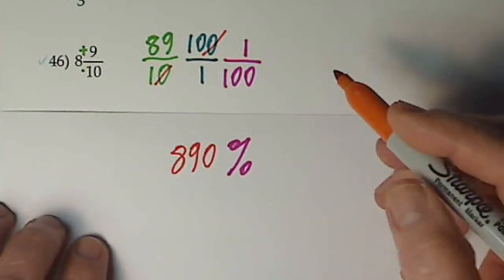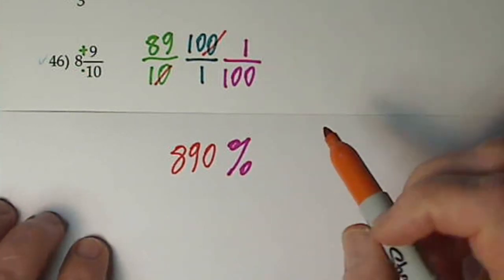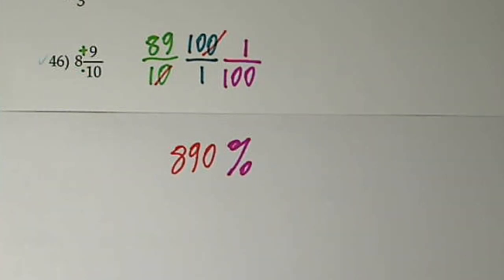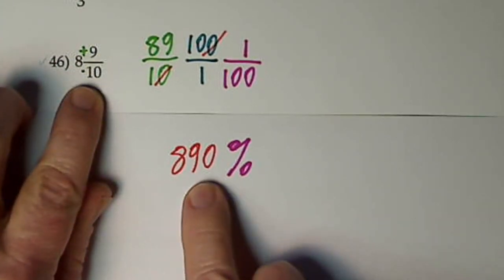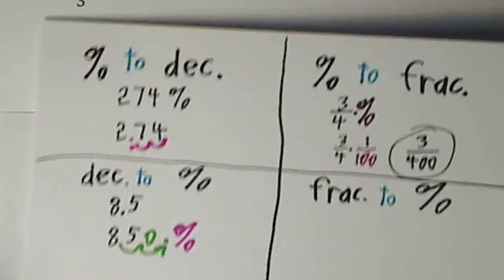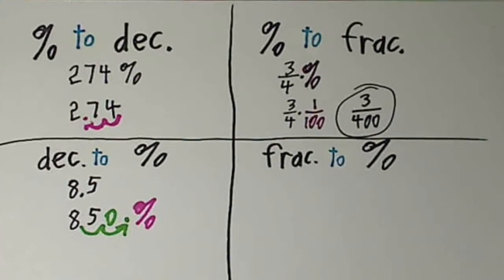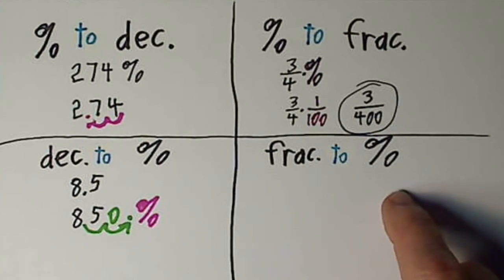Sometimes you're actually going to want to, I'll leave it at that. Okay, so let me summarize that. Again, I want to emphasize 8 9/10 is the exact same amount of stuff as what you're seeing right here, 890%. It just sure looks a lot different. Okay. All right, so to finish out our little chart here, if you're going from fraction to percent,